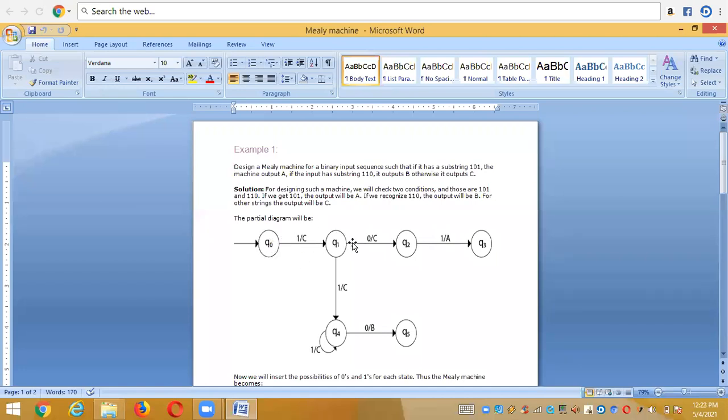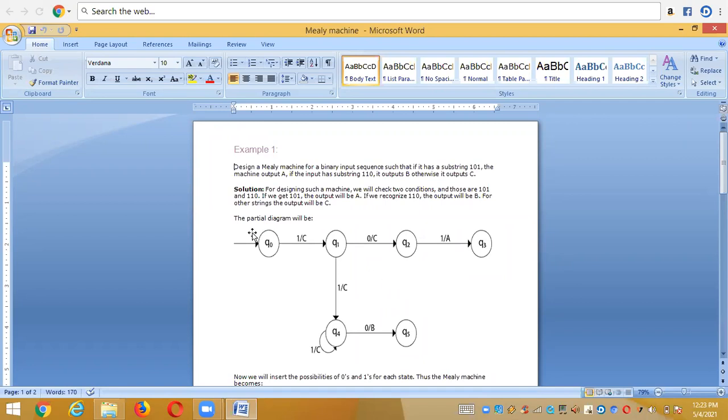But in the Mealy machine, we represent the output alphabet with the input alphabet. That means first we write the input, then put a slash, and then write the output. Is it clear? These are the output alphabets: C, C, A, C, B. So this is the way of representing a Mealy machine.